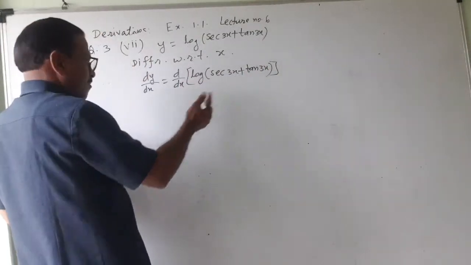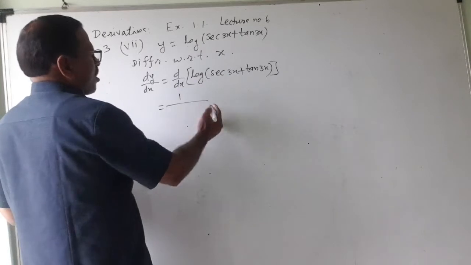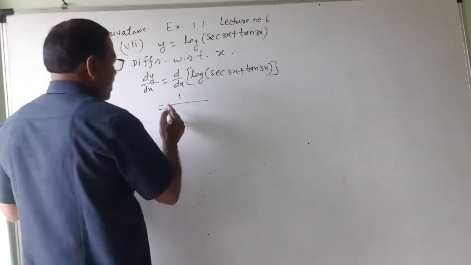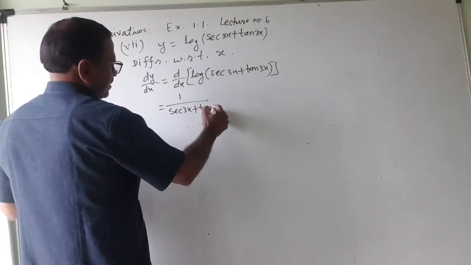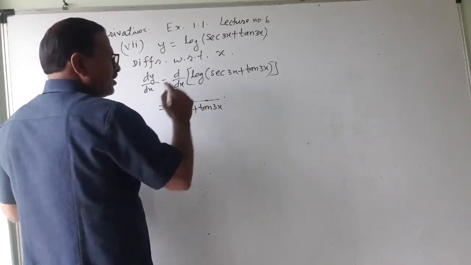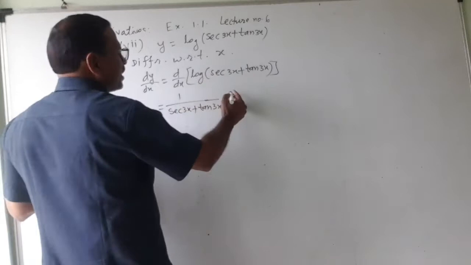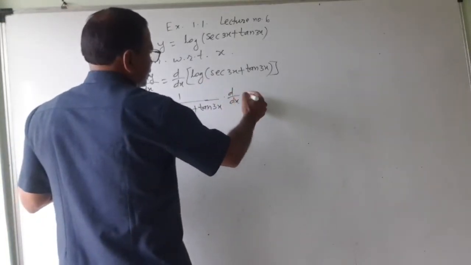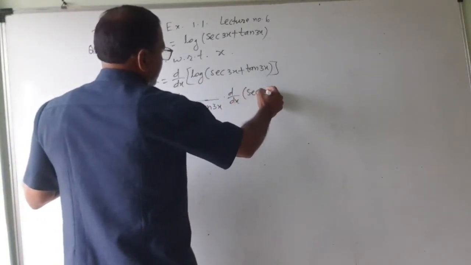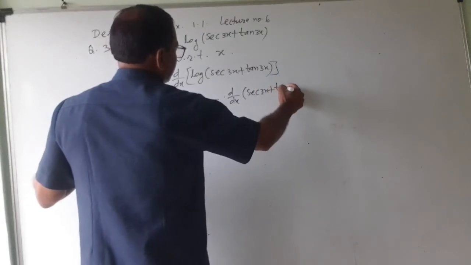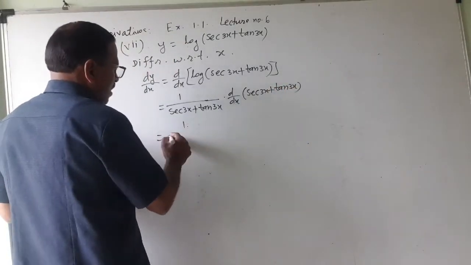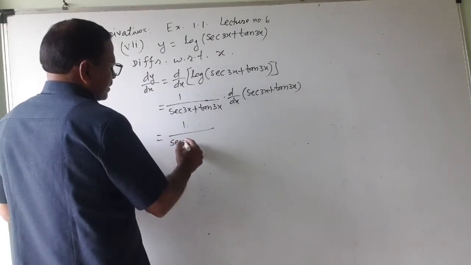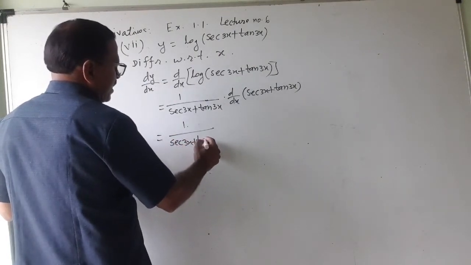Derivative of log is 1 upon, so that is equal to 1 upon what? This much part: sec of 3x plus tan of 3x, into the derivative of this, into d by dx of sec 3x plus tan 3x. That is equal to 1 upon sec 3x plus tan 3x